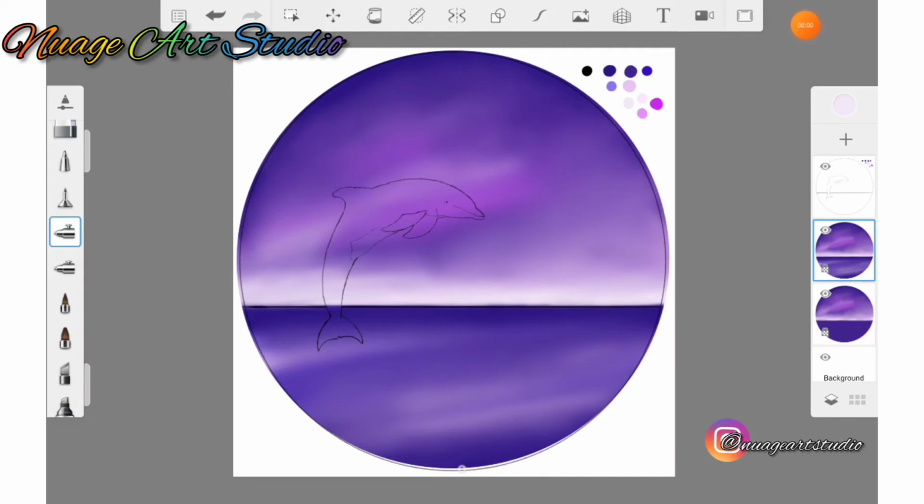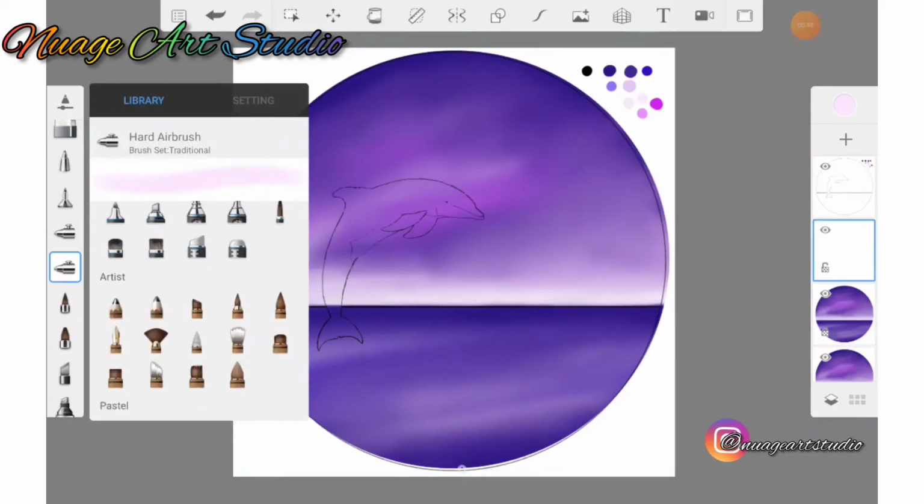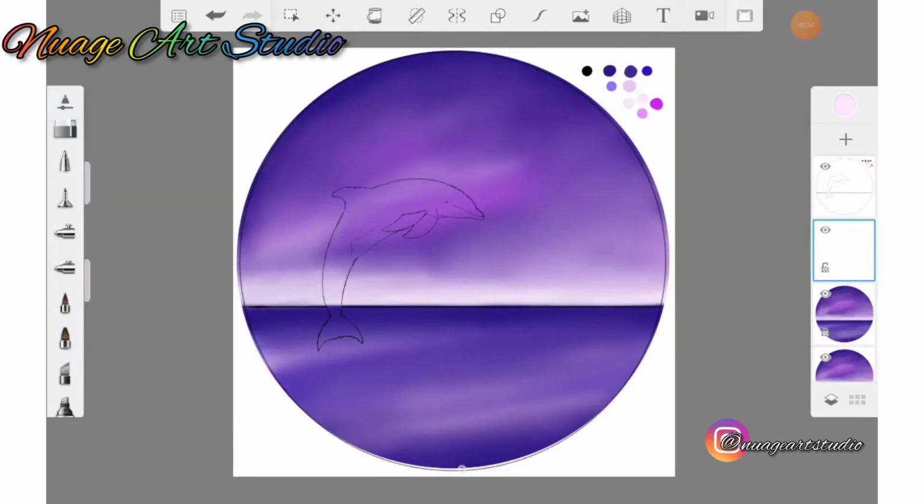Now we're gonna work on the clouds. So we're gonna select a pink, and then we're gonna go to our brush library and select the salty watercolor brush, right? And we're going to start our cloud with the shadow color. So this pink that we're gonna use would represent the shadow color,